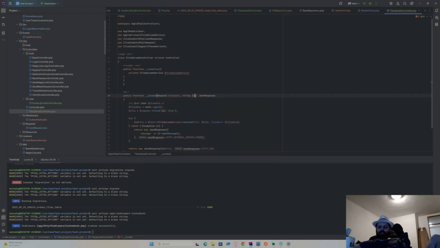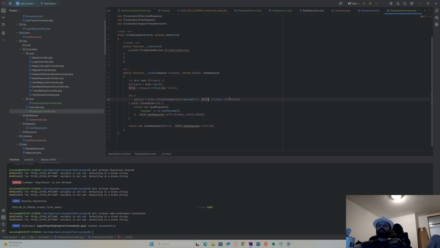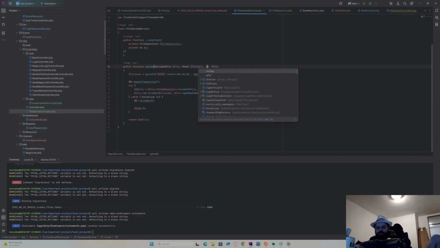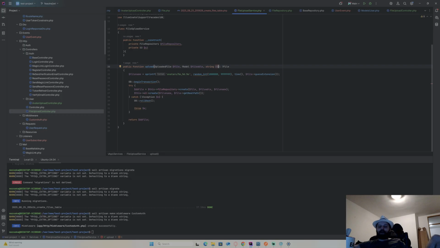String type and avatar. This is gonna be now avatar. And fileable also need to add one more, that's type, and it's gonna be type. Now let's just add it on upload, model and string type. And now two more things here, except these avatars now have another S here, and now I will add type here.